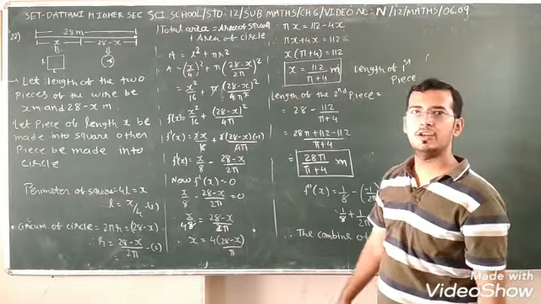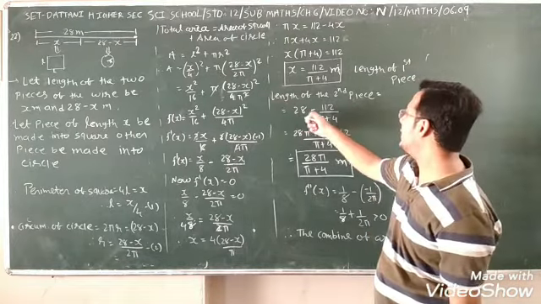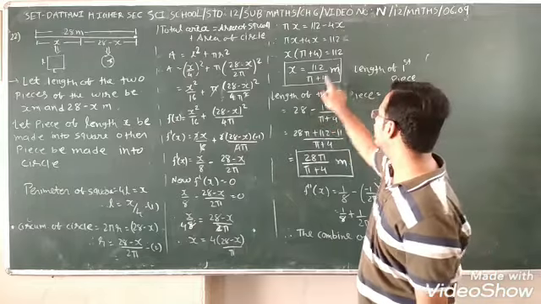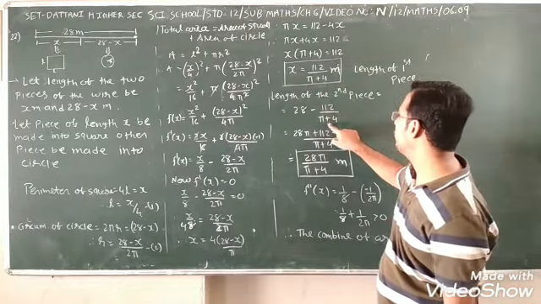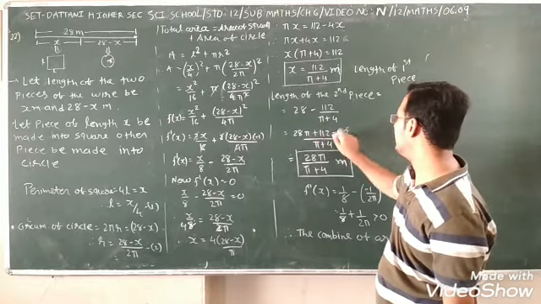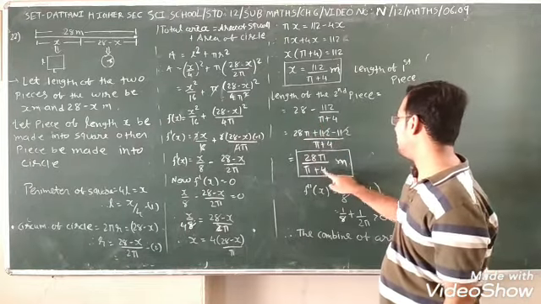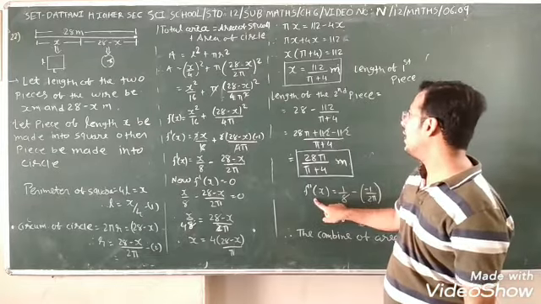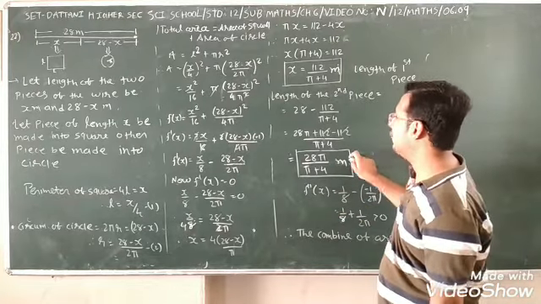Now we have to find the length of the second piece. That is 28 minus x. So x is equal to 112 upon pi plus 4. Cross multiplication: 28 pi, 28 fours are 112 minus, that is cancelled, 28 pi upon pi plus 4 meter. So now we find out the value of both pieces.